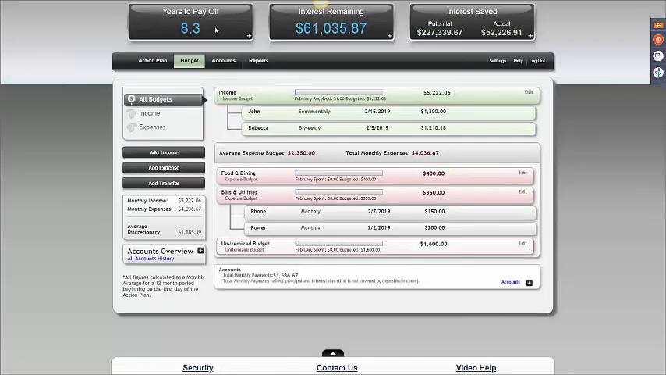We dropped all the way to 8.3 years. We now only have $61,035 in order to pay back. We're at $227,339 in potential, and we're actually on our way to saving $52,226 in total interest. Now, who would have thought from a small pay increase like that you would have wiped